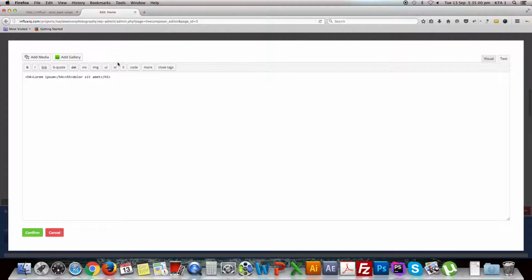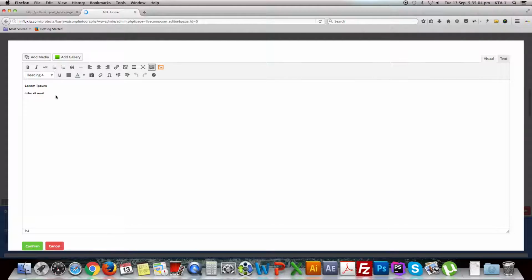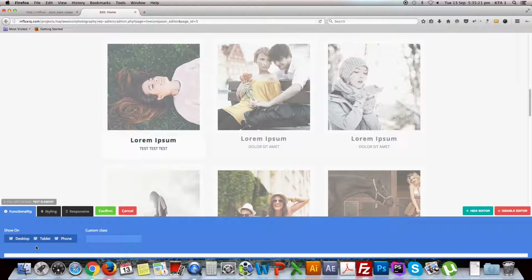You can edit here from the text editor or the visual editor. Once you click confirm, the edit you have just made will be reflected on the front end of the website.